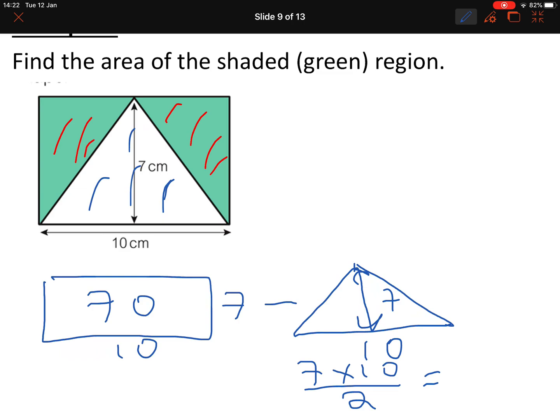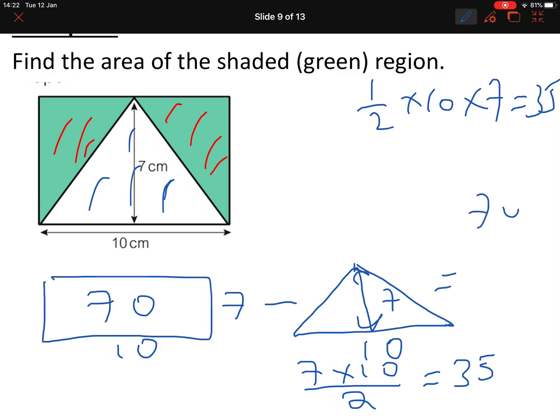So the area is 7 times 10, base times height, then divide by 2. So that would give you 7 times 10 is 70, divided by 2 is 35. Now, if you want, you can also half 10 to give you 5 and then times it by 7. So you could have done a half times 10 times 7, 35. Okay, so when you subtract 35 from 70,